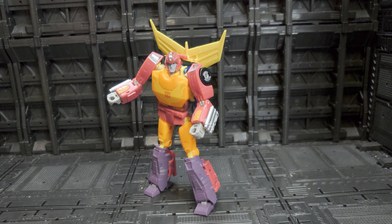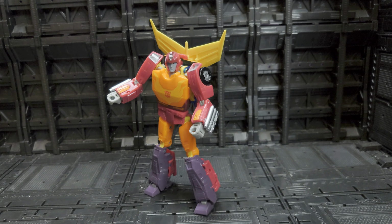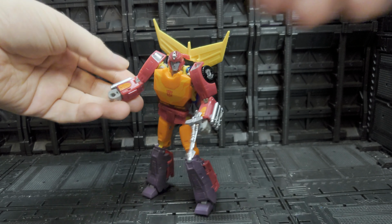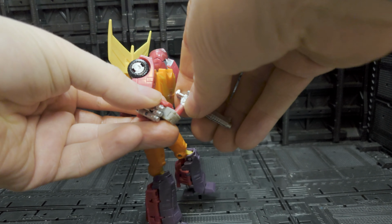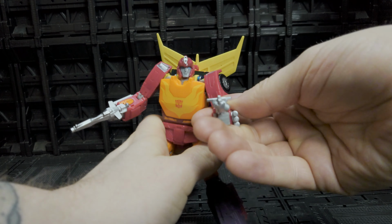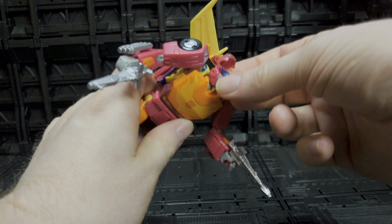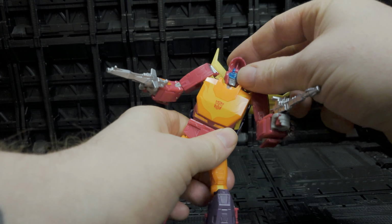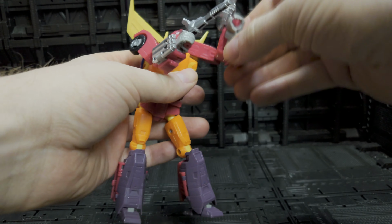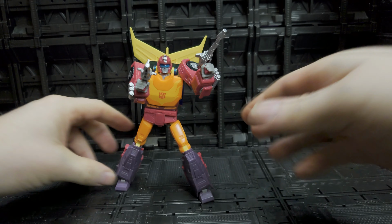Okay, so this dude has a lot of accessories, and let's start off with the easy ones here, which is the guns. So he has his two guns that we had a look at before. Nice looking guns. Holds them very well in this form. Very, very nice guns. He also has a visor just on the inside that is blue, which is great because obviously the prototypes didn't have him as blue,